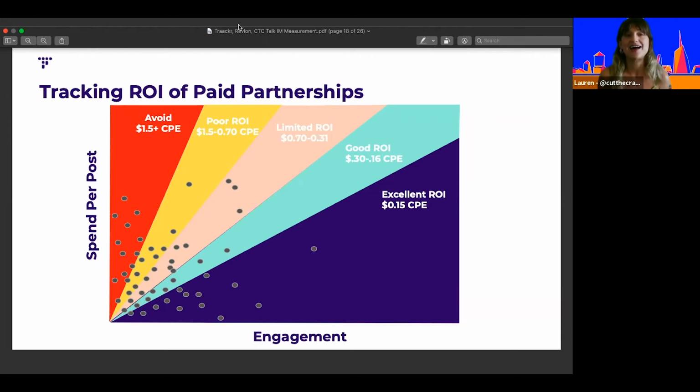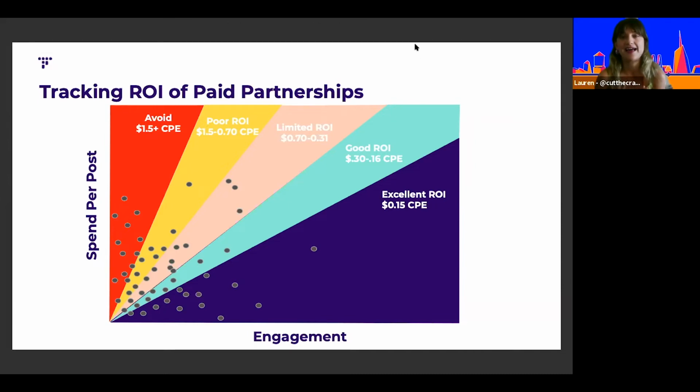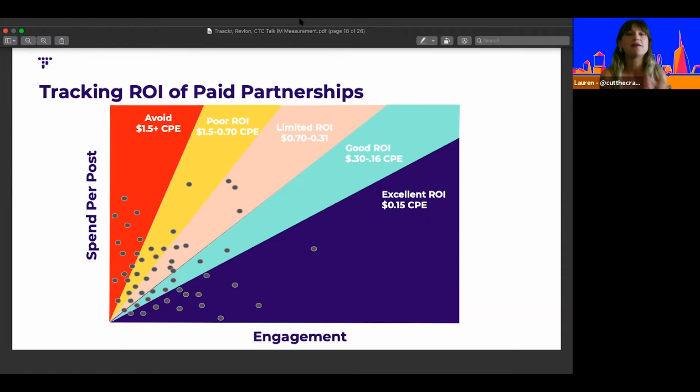And so with this chart, one of the things we wanted to do when we were setting out on this journey was figure out, what is the right cost per engagement? What should it be? How do we get to that? By having a year's worth of our own performance data, our costs, our spends, looking at paid and organic engagement, we were able to create this spectrum of cost per engagement. And like you can see here, there is no silver bullet, but what we were able to do is contextualize for management the bottom threshold, what is really, really good, because if you get under 15 cents, that's killer, to what the maximum is.